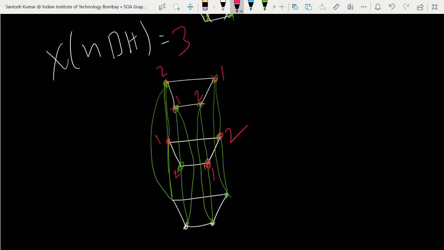Yeah. And since it is a triangle, you see this is a K3, so here you have to give the third color, because here is 1, here is 2, so you have to give the third. Again here you have to give the third color. Oh, that will make a problem, right? So the strategy should be, there are many ways to label, okay?